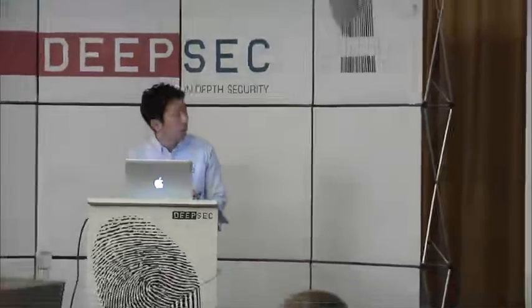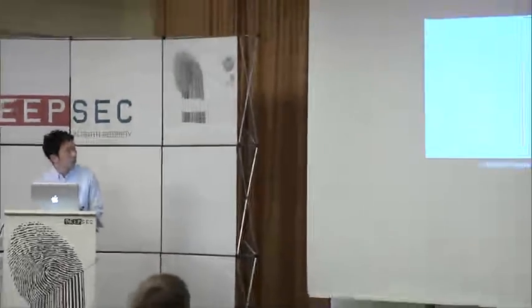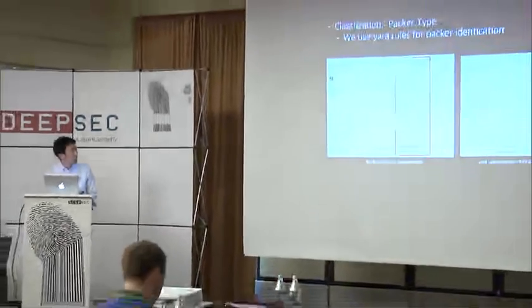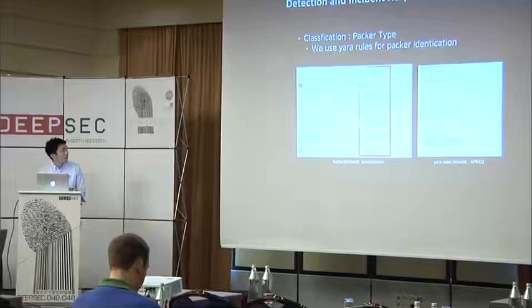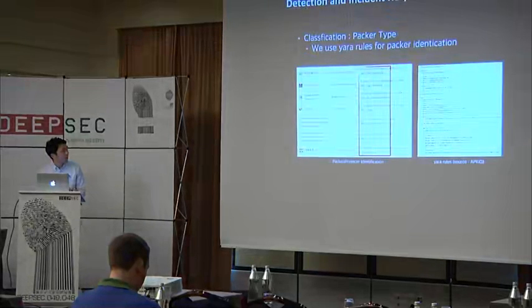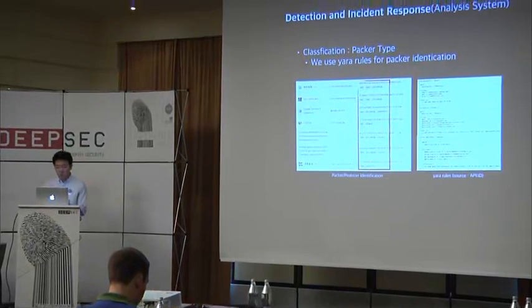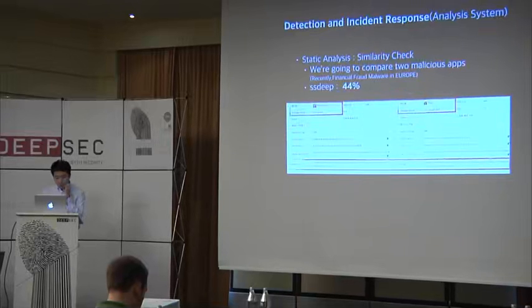Yes, we separate which apps use packers. We can identify Xiaomi, Xiaogu, APK Protect, Bunker, and Tencent. And in static analysis, we check similarity between two apps. We can group malware families and detect variety malware. In this case, we choose two financial fraud samples found via SMS phishing this year. SSD similarity is 44%.